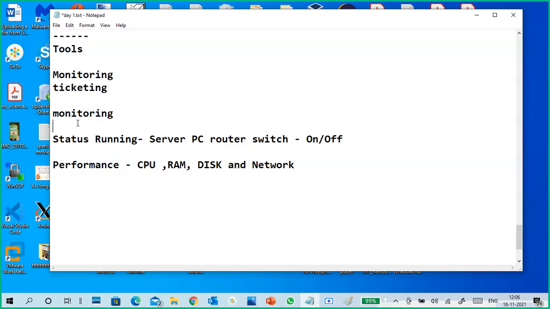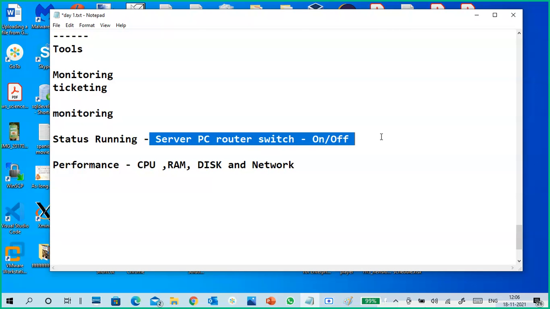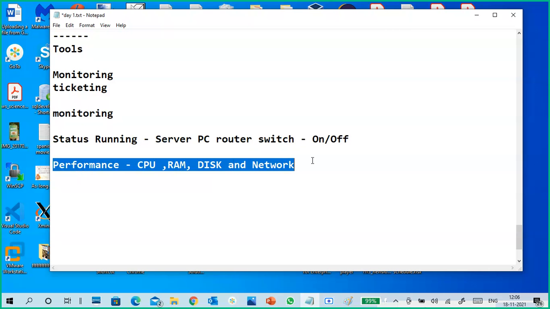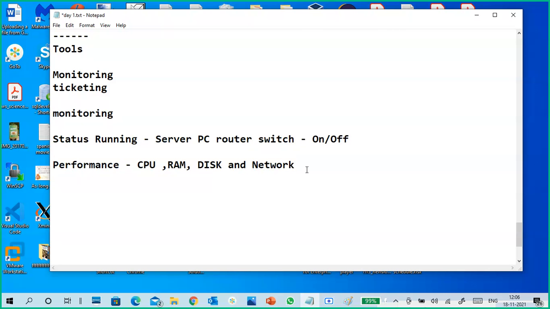That's why it is monitoring. Based on the kind of monitoring you require, you have to choose the tools: status, running, performance, and application monitoring, like your application running on a particular server. If you want to see the performance of an application, application monitoring is also there.